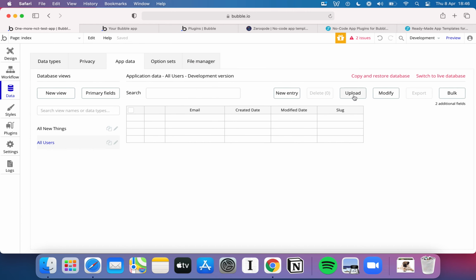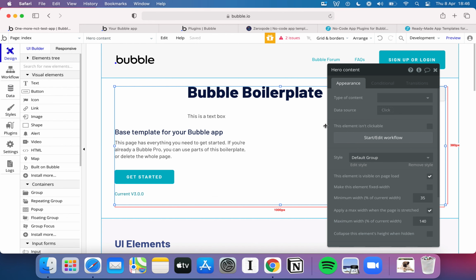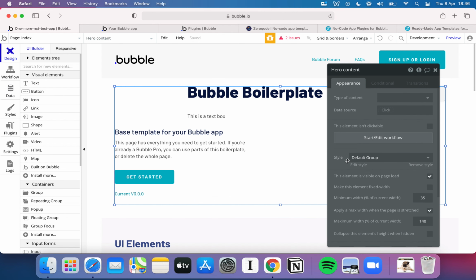I can upload multiple pieces of data at once. I can do bulk modifications, modify, etc. If you want to do something related to data, I can almost guarantee you Bubble is going to have the functionality to do that. One of the things that I quite like about Bubble, although there's a ton of different elements here when I'm playing around with the UX,